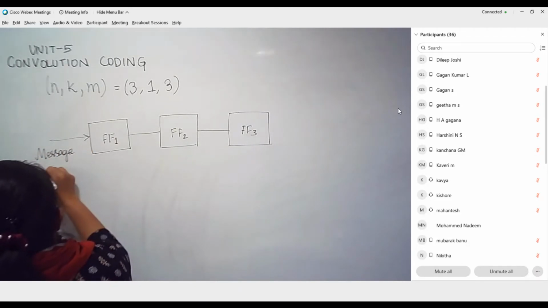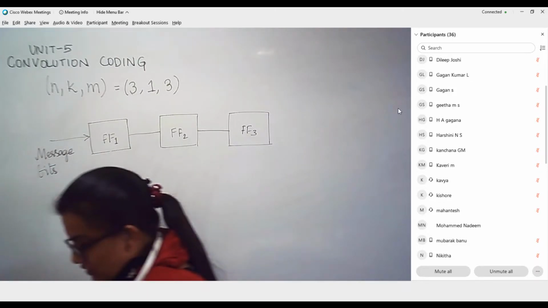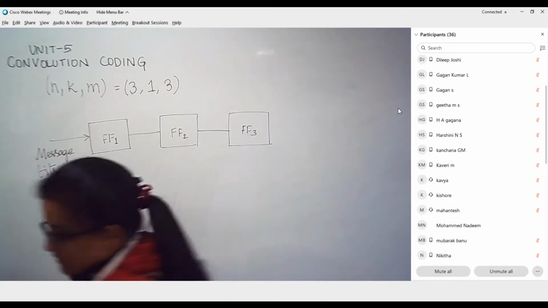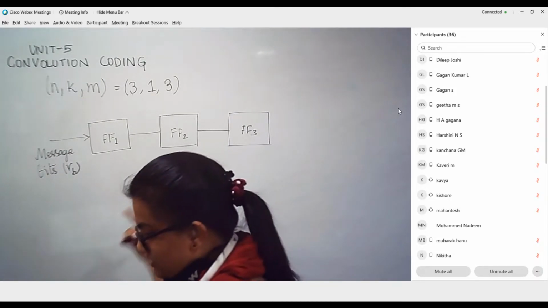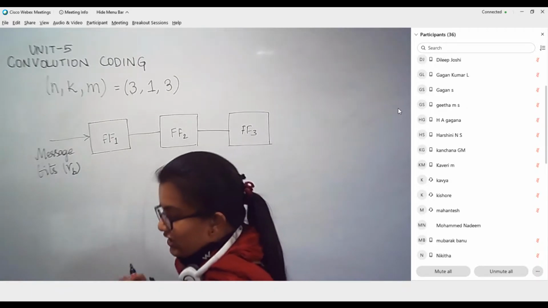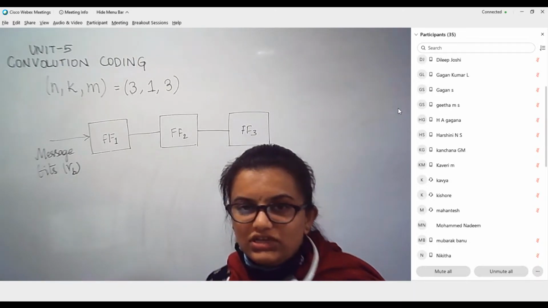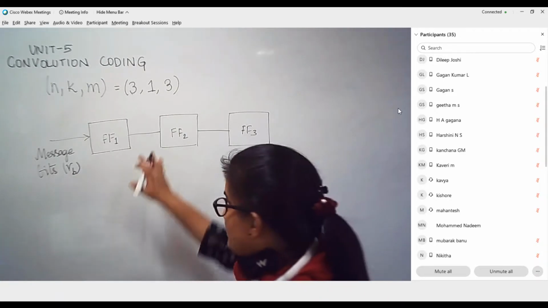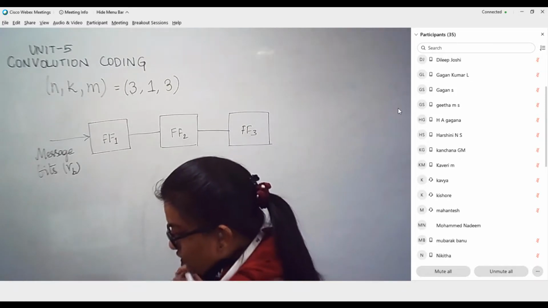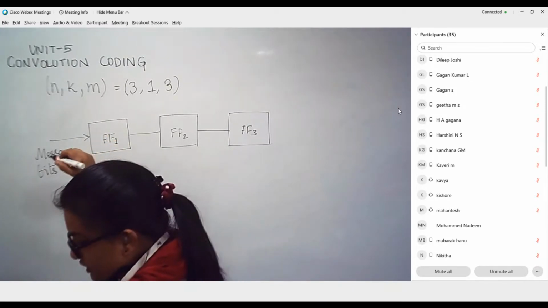These are message bits that are entering the flip-flop with the rate RB. Assume that the bit rate at which I am transmitting the bits will be RB. So how this is constructed is, most probably the convolution encoding circuit will involve the shift register along with a few modulo 2 adders only. So your encoder will look like this.